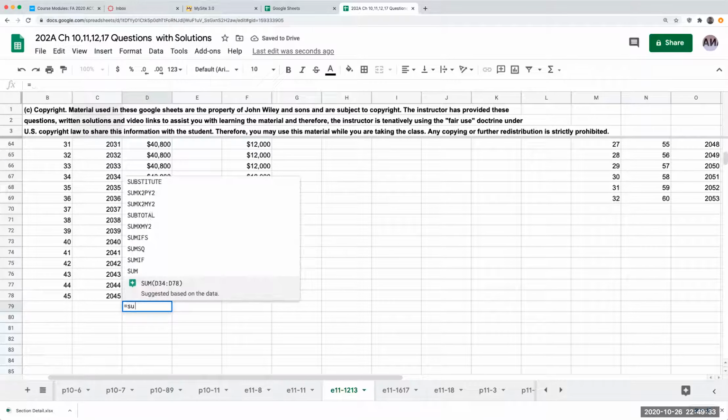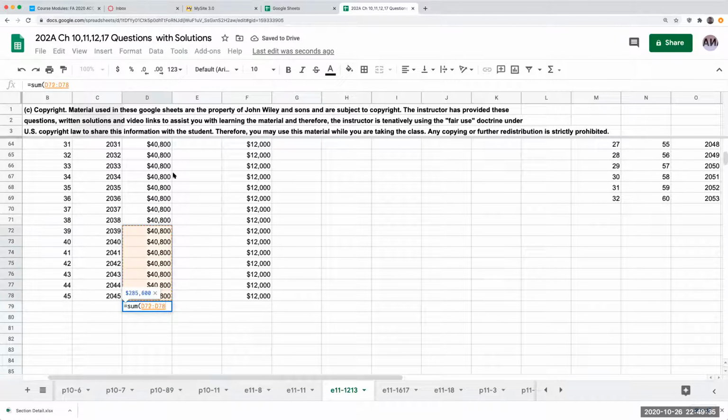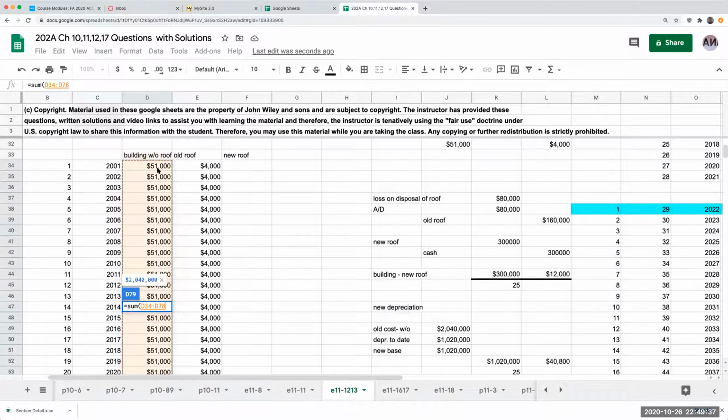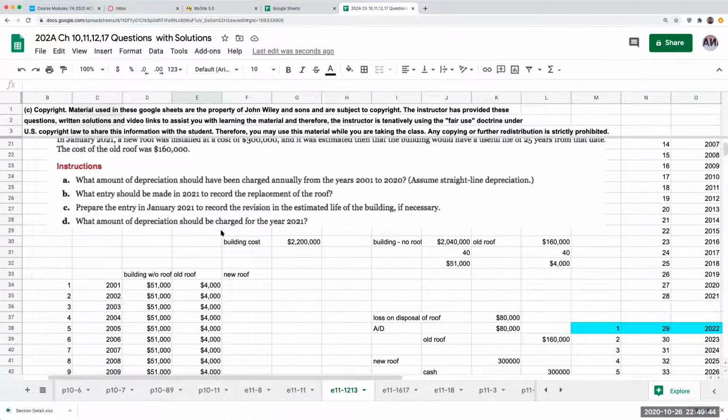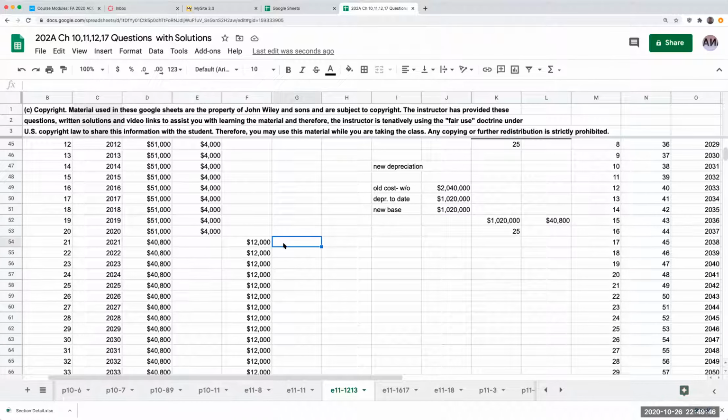Okay, so when I add all of these up here, what I end up seeing is a total of $2,040,000, so I know I've done that right. My depreciation that I'll be charging for 2021 is going to be 52,800. And just to go through and check my work, that's how I'm getting that response. So those are the answers for exercise